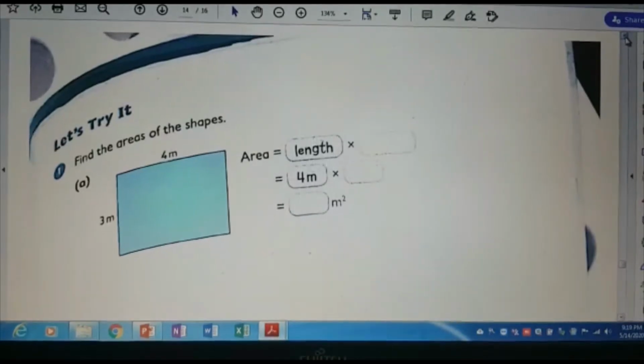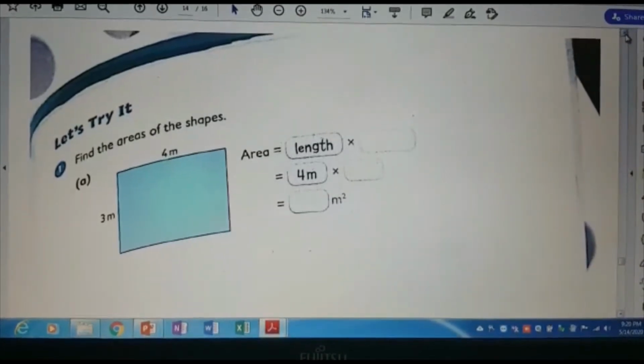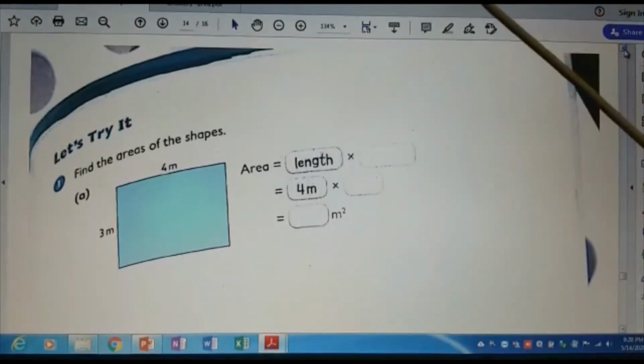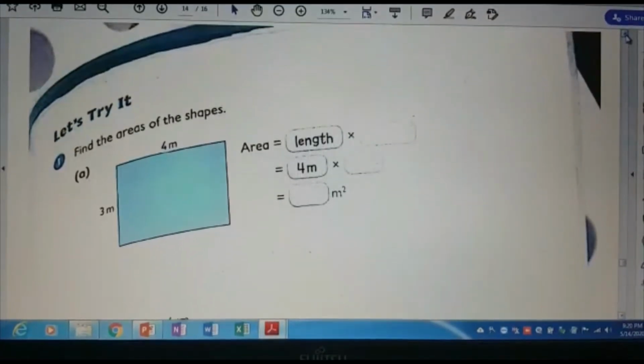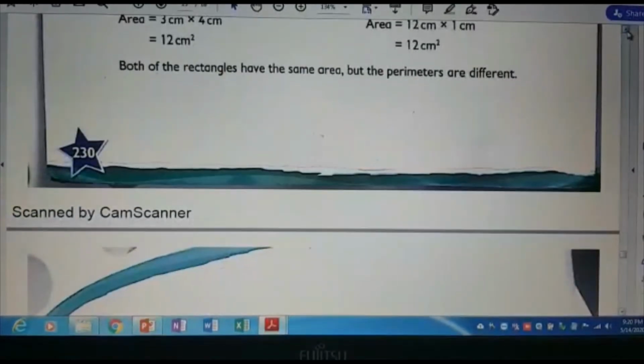Okay, so in this video, we are going to deal with the practice sums in the student book and the explanation for the answers. First you try to do it yourself and then you see the explanation. So this one is, which page is this? Let me see, it's page number 231. Okay, it is a practice sum.